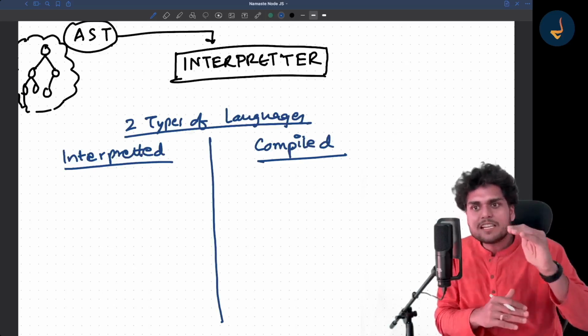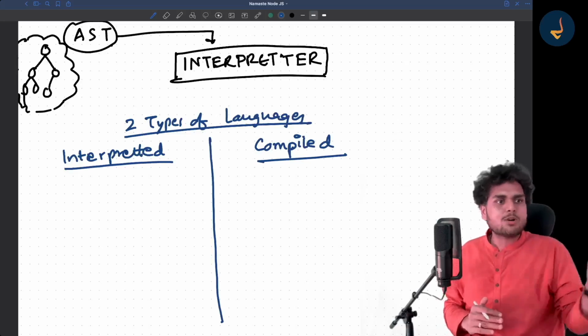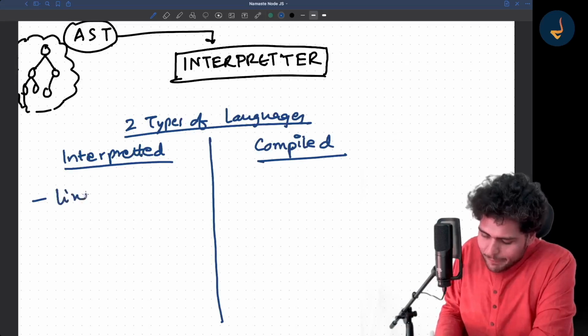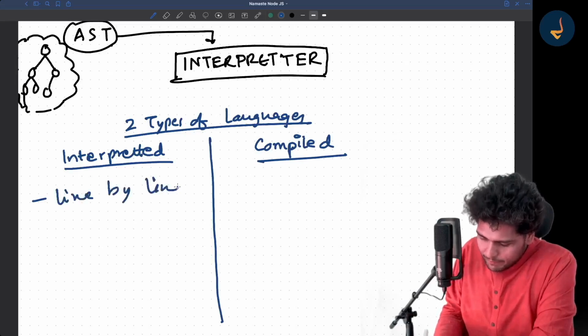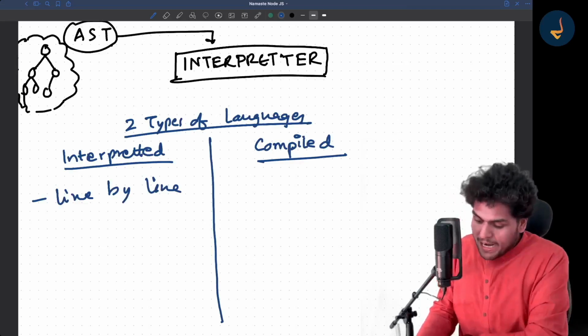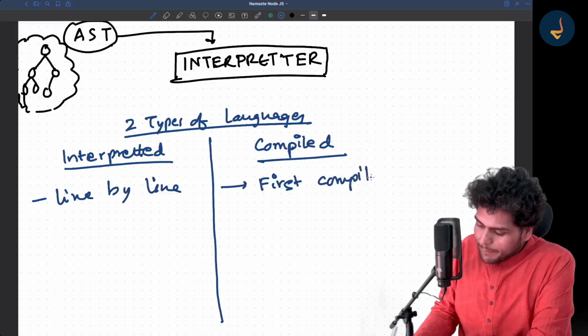It interprets the line and then executes it. It goes to the second line, executes it. It goes to the third line, executes it. So it happens line by line. Now what happens in compiled languages? In compiled languages, the first step is compilation.